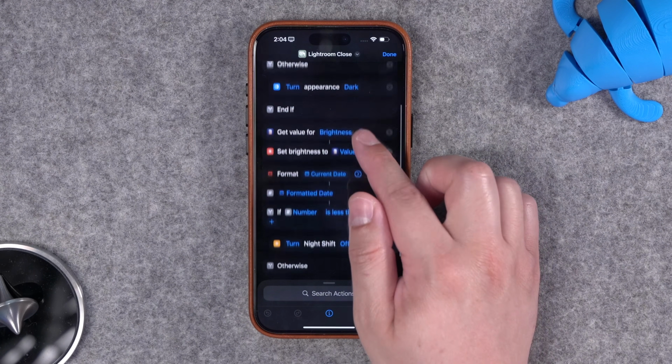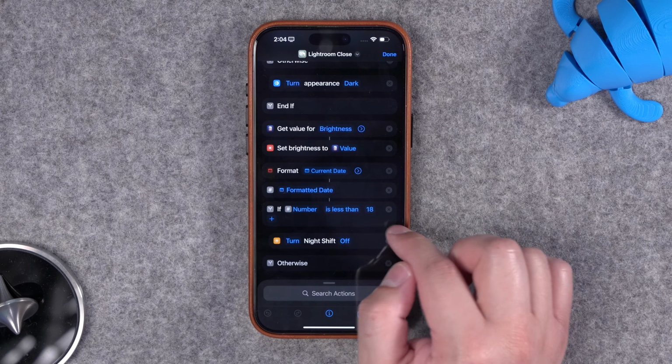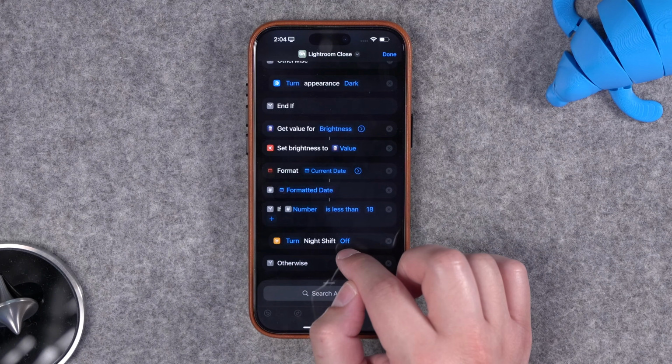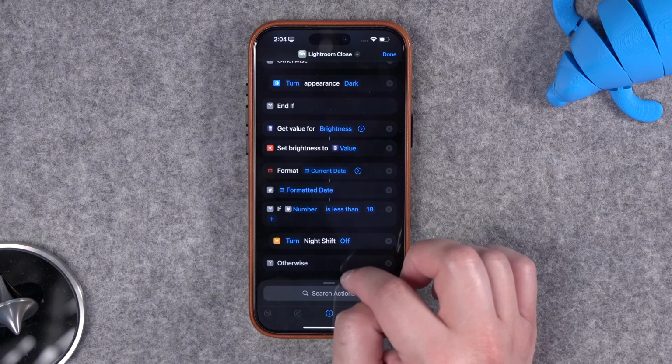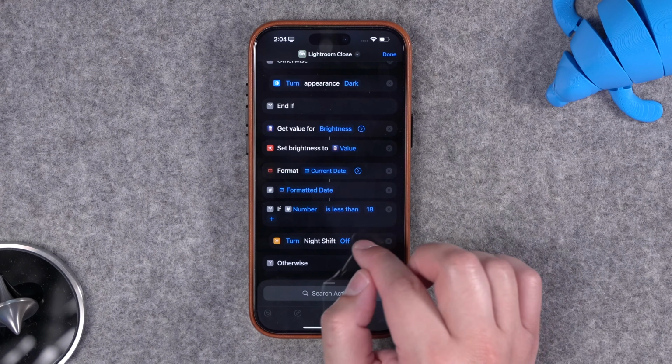active previously. Now, night shift is not something that you can pull as information, but what I did here at the end is if the time is before 6 p.m., night shift is going to turn off or stay off, but if it's after 6 p.m., then night shift will turn on. You can change this time of day depending on when you like night shift to activate and whether you want